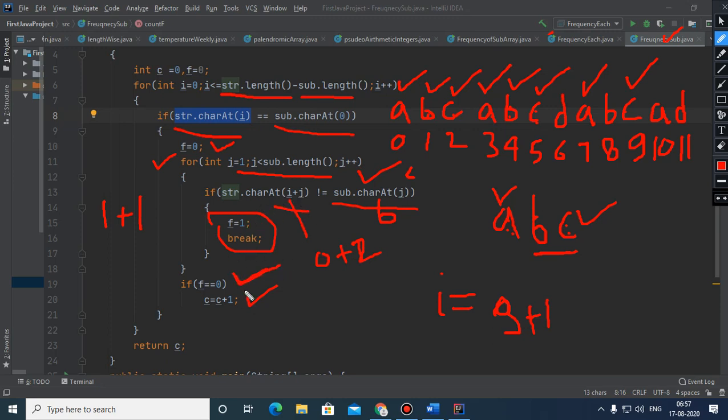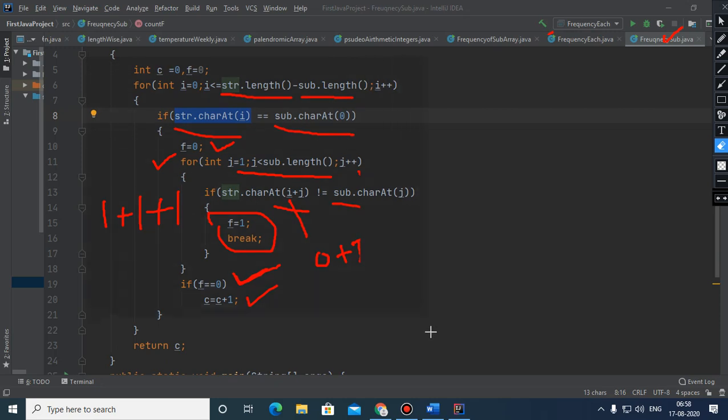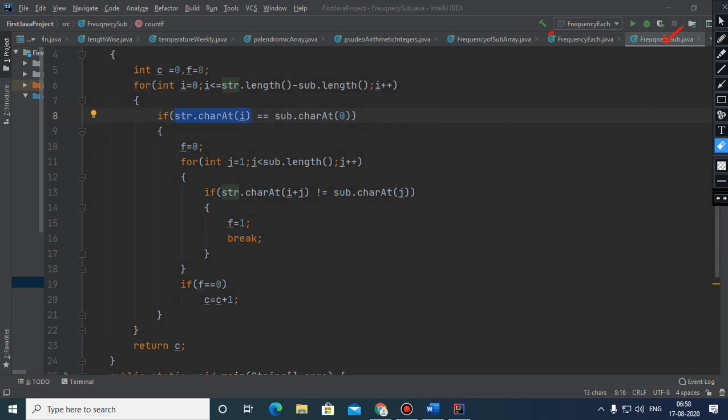Out of this loop body J, again there is a counter which will get incremented. The value becomes 3, and after that there is no match for this B with this A, this C with this A, and when the value of I becomes 10, the outer loop will get terminated, and finally we got the frequency of the substring, which is 3. So this is how this code is working.